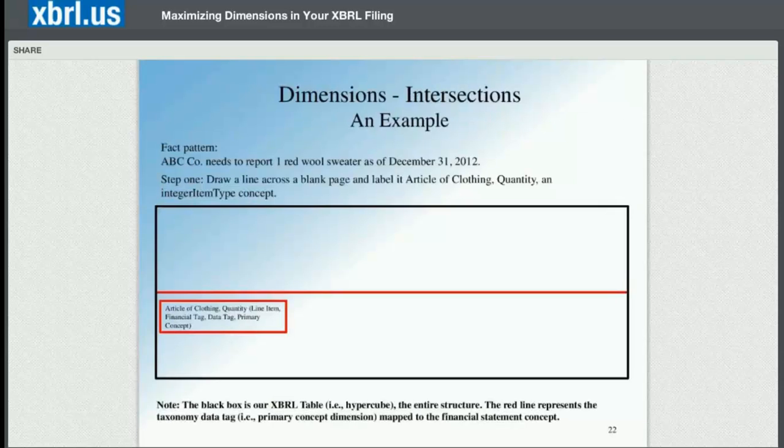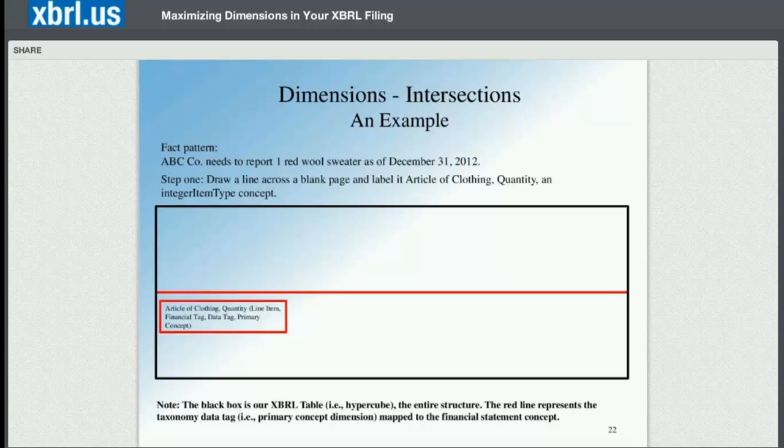So let's talk about the intersections a little more. I was at a course that we were teaching, and somebody came up to me and said people were really confused by the way I kept referring to intersection. What's an intersection? So I thought to myself, well, how would I possibly explain this and make it simple? Well, I would say take a blank piece of paper and draw a line. And let's say the fact that we're going to tag is one red wool sweater as of December 31, 2012